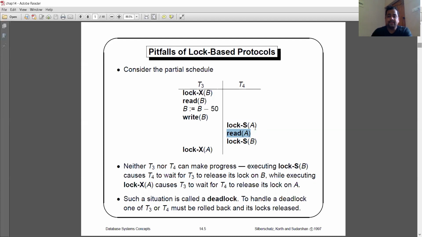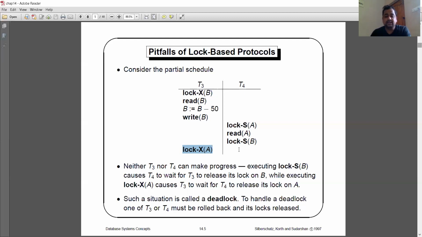And the question is, if T3 needs A and T4 needs B, what happens here? T4 needs to put a shared lock on data item B, and T3 wants to put a lock on data item A. But actually A is associated with the transaction T4 and B is associated with the transaction T3.